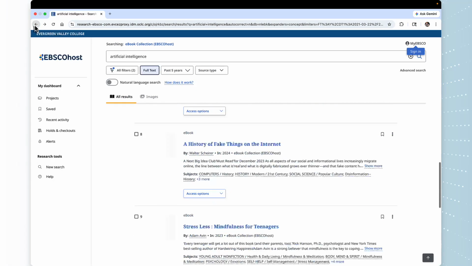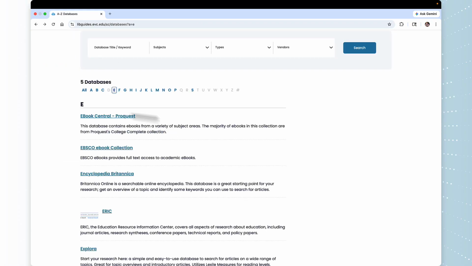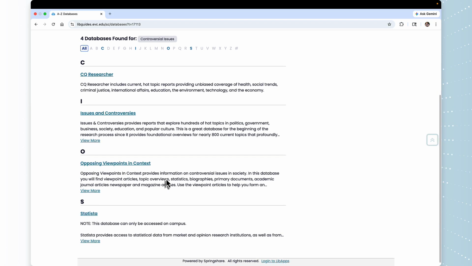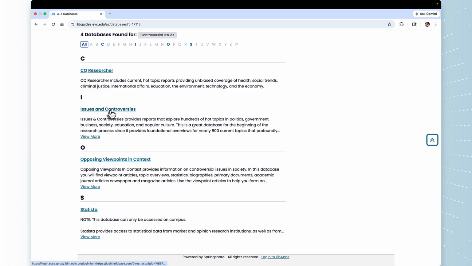Let me back out of this. I'm going to go to the databases. I'll hit all of them. And I'm going to talk about the 2 databases that are controversial issues. In fact, if you go here and click on it, we have controversial issues. Search it, and it brings up 2 of the best databases we've got, Issues and Controversies and Opposing Viewpoints. For Issues and Controversies,